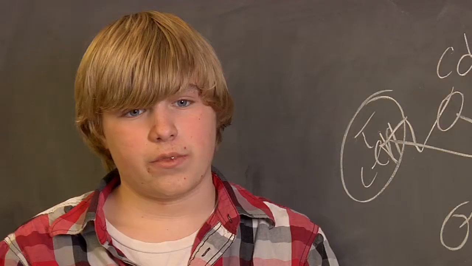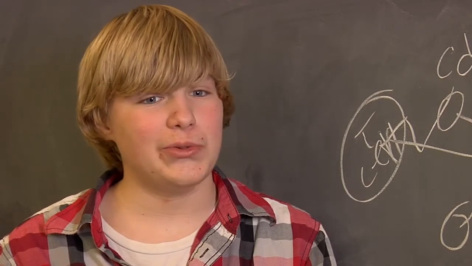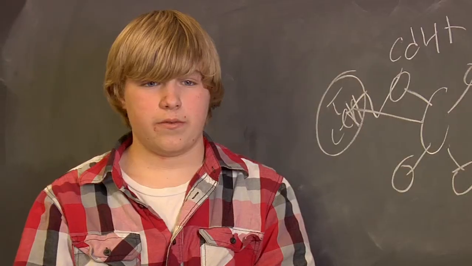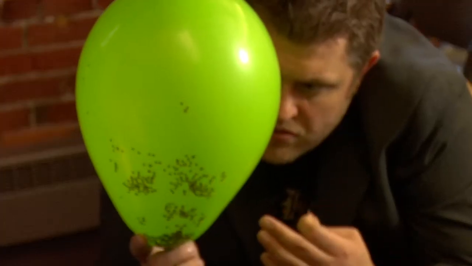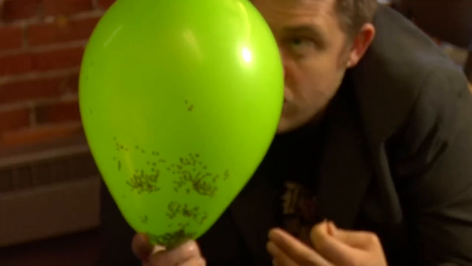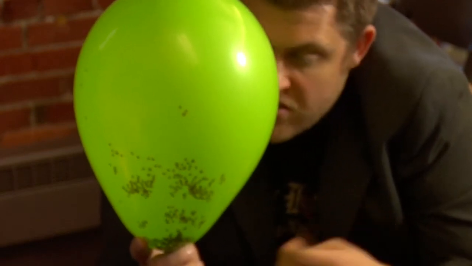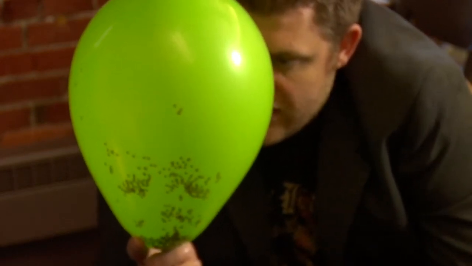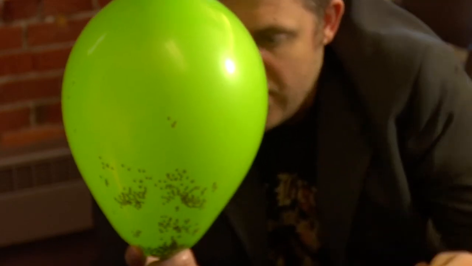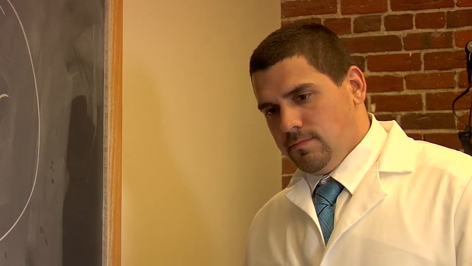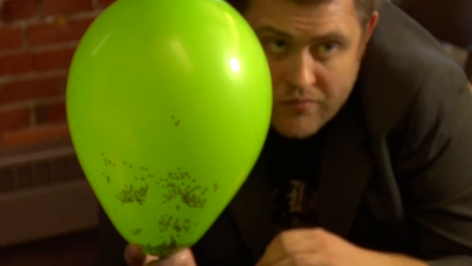Picture this balloon as one of your body's cells infected with HIV. First ribbons, now balloons. Where are you getting all this stuff? Stolen from the children's ward. What do you care? If you look closely inside this balloon, you'll see a bunch of red confetti. If this balloon is a body cell, all that red confetti is newly made viral particles. What happens in a lytic cycle is once all these particles have been synthesized, the cell's basically going to lyse or explode.